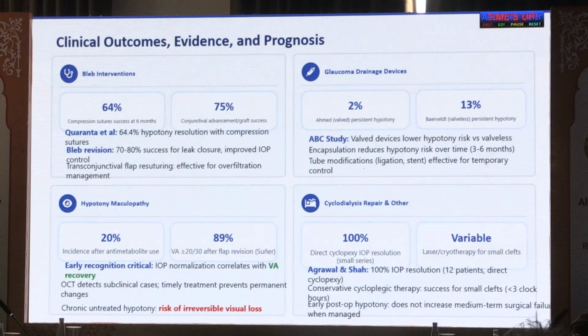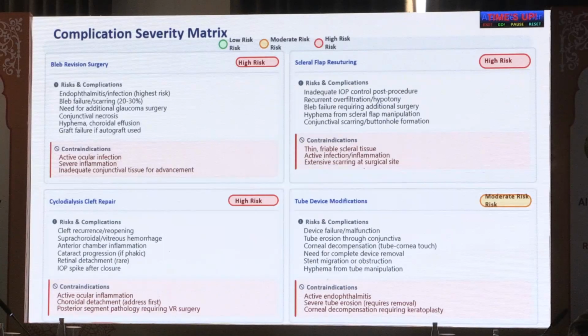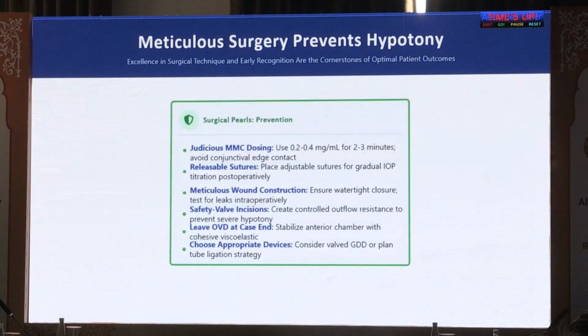Basically, I would say there is a low risk in conservative management, and it goes all the way up to higher risk complication management with bleb revisions, scleral flap resuturing, cyclodialysis, and tube modifications. So meticulous surgery prevents hypotony: judicious use of mitomycin, releasable sutures, meticulous wound construction and review immediately intraoperatively, using valve incisions, leaving OVD in a case where you anticipate risk factors, and choosing appropriate valve devices